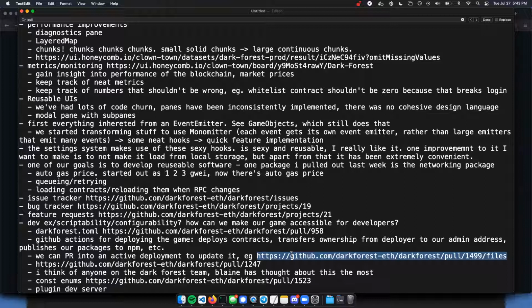What OpenZeppelin Defender would do in that case is you would submit a transaction to OpenZeppelin Defender, but it would only queue it. And then instead of having a cold storage wallet as the owner, you would have a Gnosis Safe, a multi-sig wallet. But in OpenZeppelin Defender, every single person that is a signer of the Safe would have to approve the upgrade, and it would go through automatically, they would submit it to the chain